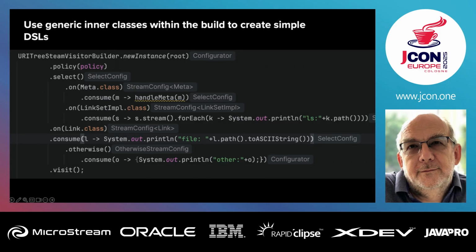What I'm trying to get to is the point where, what does this do? The policy gives me back data, and it gives it back in a streaming form that the end user can do whatever they want with. So the policy says, here's what I want, here's how you should go and get it, maybe a little bit of help with filtering things out, but what comes back is streams, not arrays, not collections, just streams, to which I can then apply all the streaming that's there in modern Java.